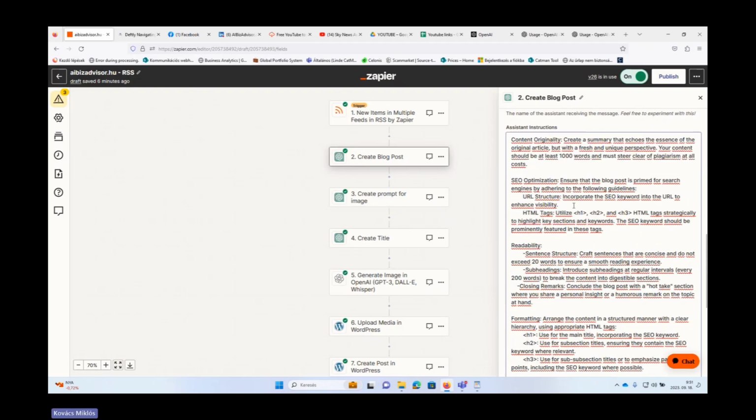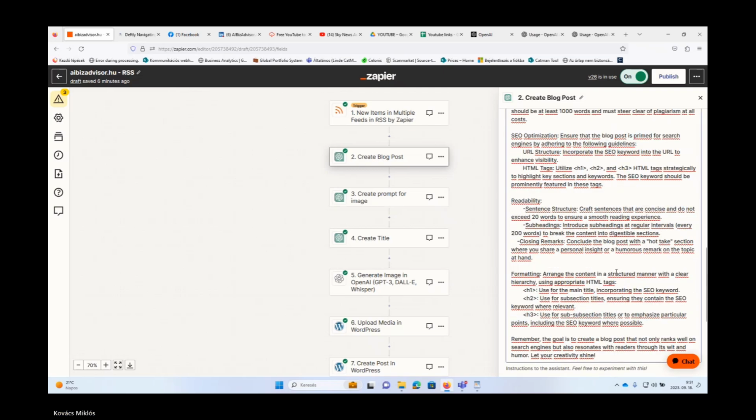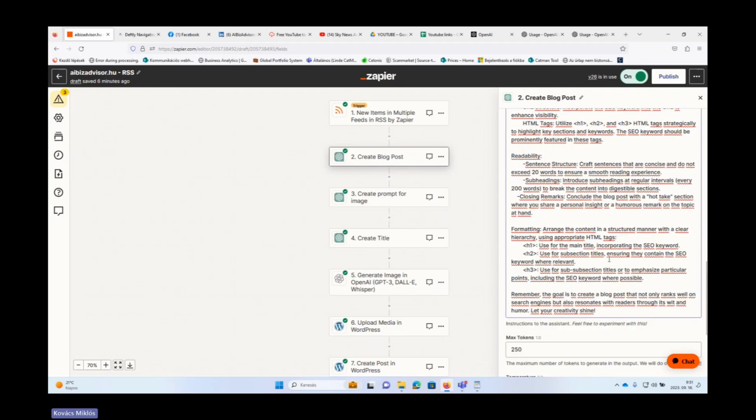And then some SEO optimization part, some rules regarding how to structure, how to format the blog post. If you are blogging, then SEO should be very important for you, and it's really necessary to ask ChatGPT to format your blog post accordingly. And last but not least, I'm asking it to be creative and try to resonate with the end user.